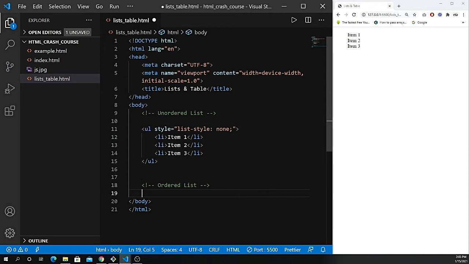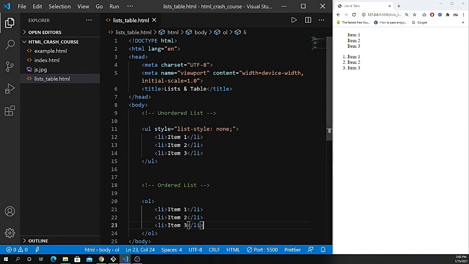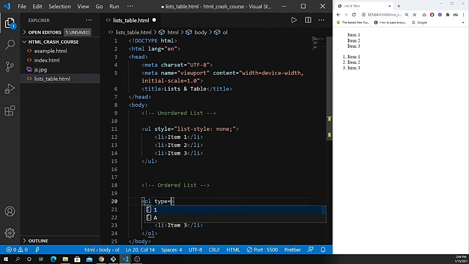So for the order list, we can give here OL for the order list, and let's give it here LIs. Let's grab from the top and just paste it here. And you can see now we have our order list with the numbers, which are 1 and 2 and 3. So we can also do one more thing here, like if I just want to give here type of